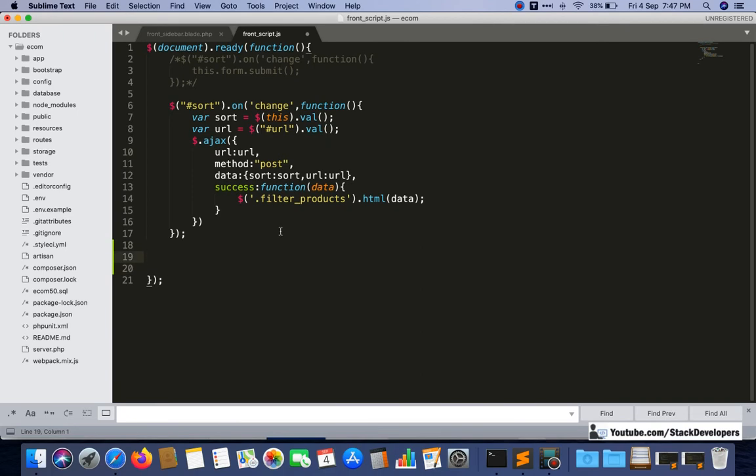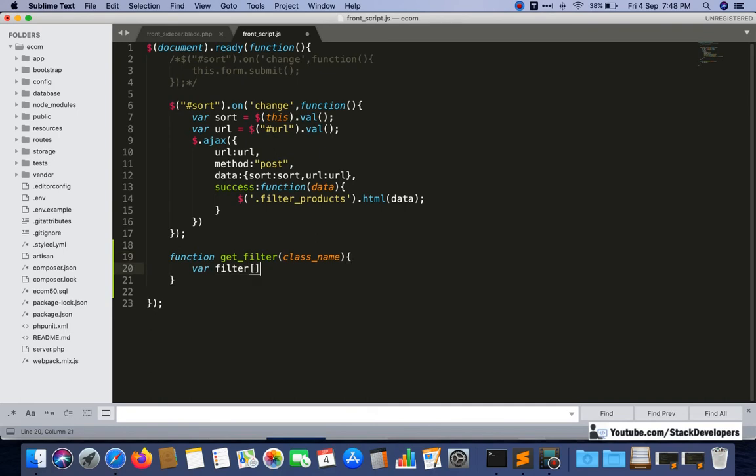But before that I am going to add one function here, the function for the array, the foreach function. I will make it like get filter, and inside this I will pass the class name. I will take one array variable, filter.